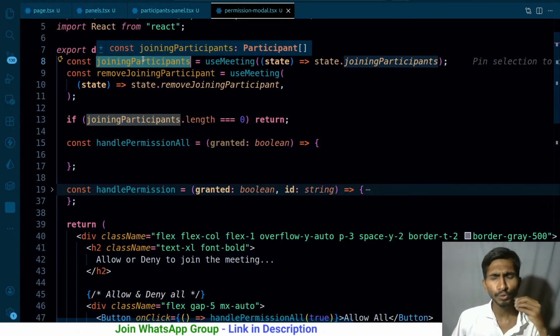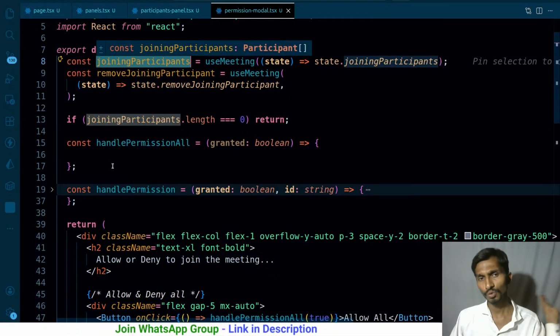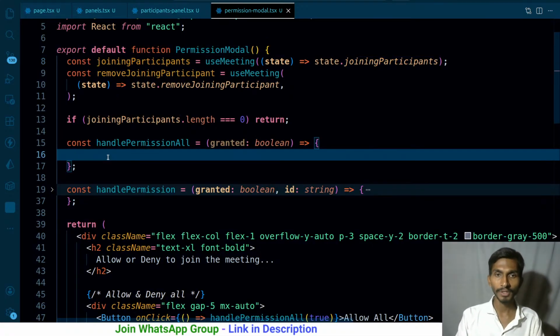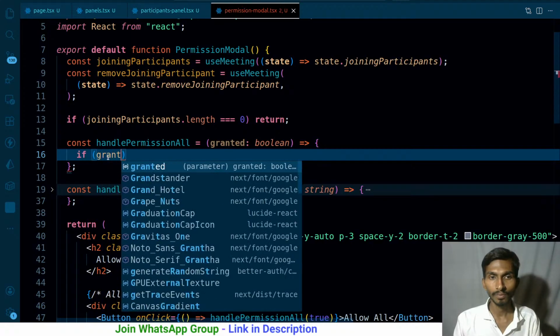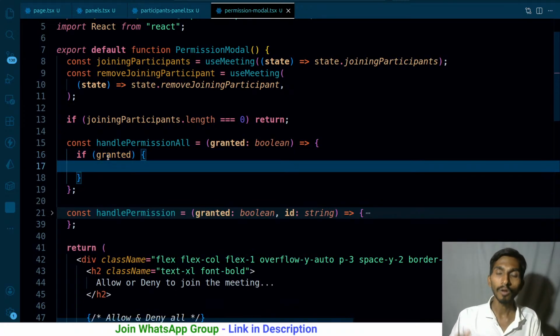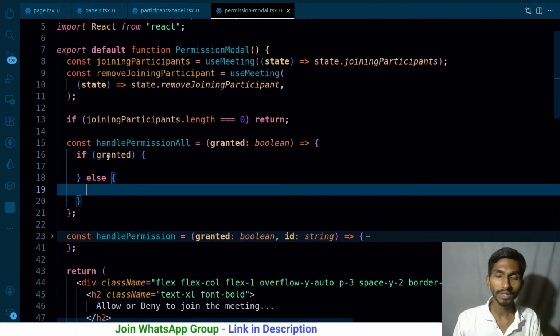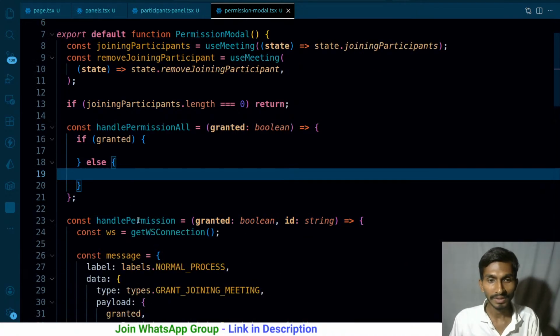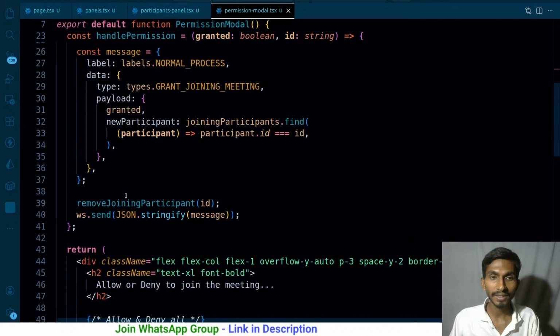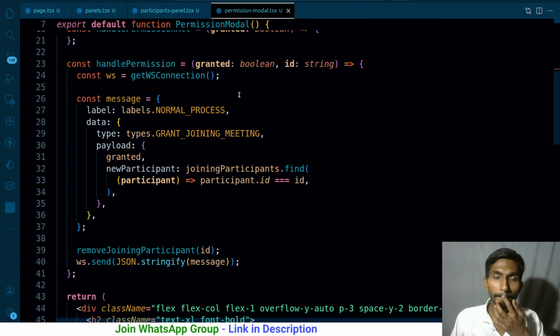I will loop through them. I will send a request to the backend. So let me do one thing. What do I mean here? If granted, then all of them are allowed. If not granted, none of them are allowed. So the logic is gonna be same. If they are granted, one more thing,